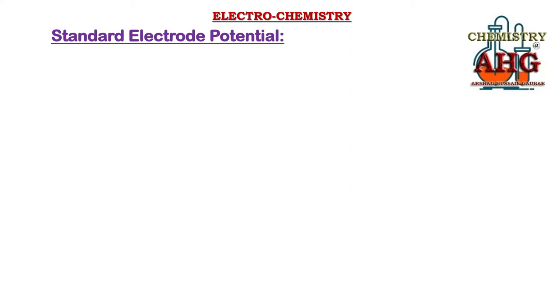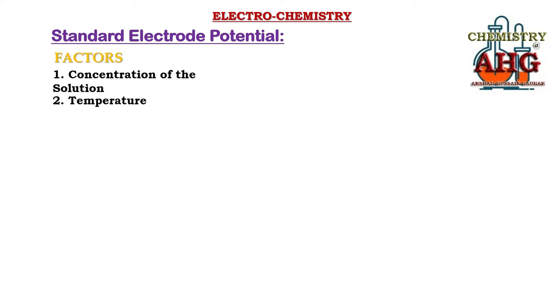Now, first of all, what are the different factors that can change the numerical value of standard electrode potential? There are three common factors. For example, if we change the concentration of the solution in a half cell, the standard electrode potential value may change. Second, by changing the temperature, and third, by changing the pressure. But obviously pressure can have an effect only on those half cells where there is a gas, because pressure can change an equilibrium involving gases only.